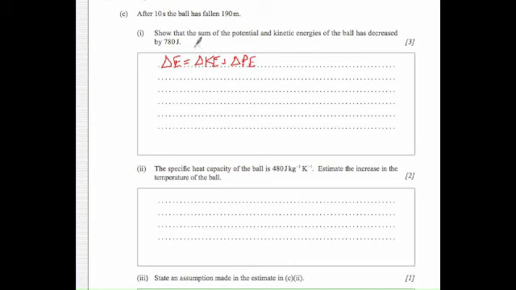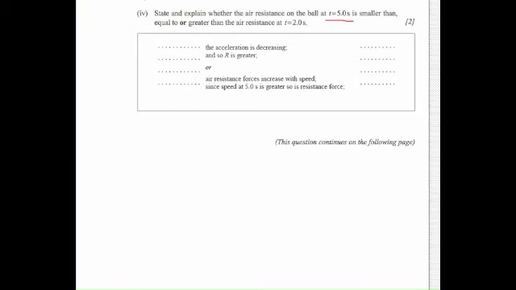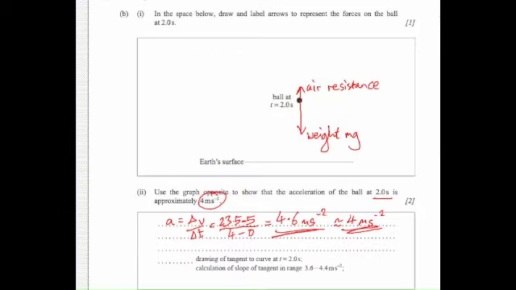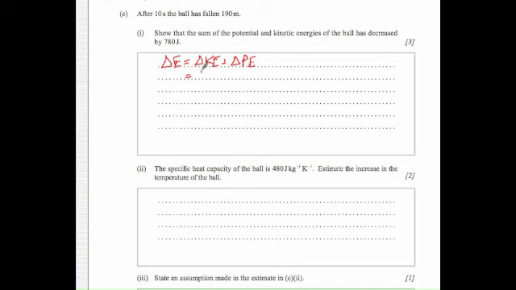So we're actually trying to show a negative number, that the energy has decreased. Now the change in kinetic energy, if we look at the graph, the speed is going from 0 to 25 meters per second. So the change in energy is just a half mv squared, where v is 25 meters per second,